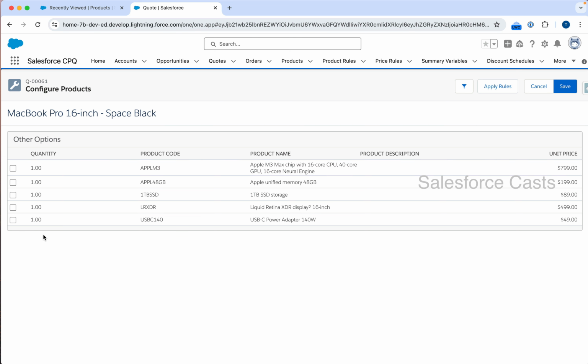Is there a way I can default these checkboxes to true so that the moment this page renders, the checkboxes will be by default checked? That's the second question. Likewise, you might be thinking, is there a way I can mandate a specific subproduct in this bundled product? Meaning, when user selects this bundled product,